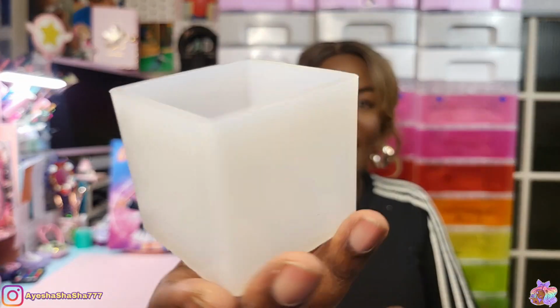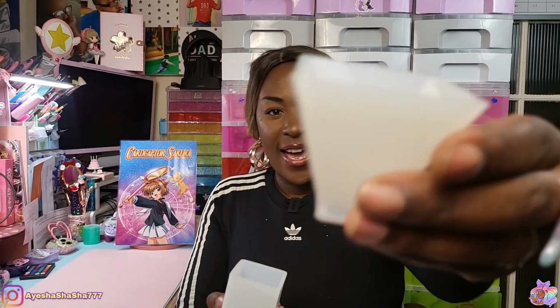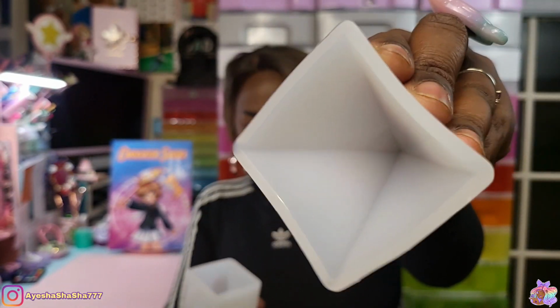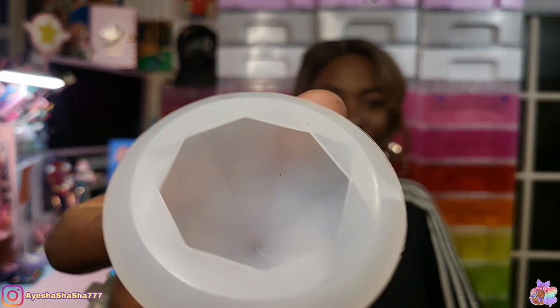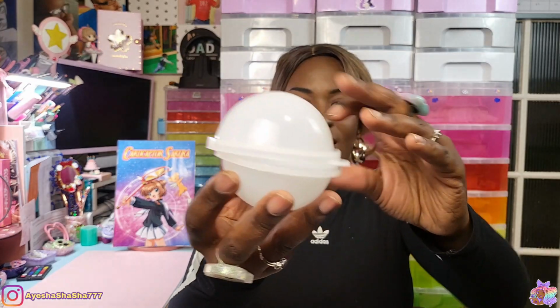So we have a cube mold here, and we also have a pyramid mold. These molds are sturdy. Oh my god, they're really hard. I've actually already got this one. We have a beautiful diamond mold. Again, really nice and sturdy. And we have a giant sphere mold. I don't have one like this. So you could use this to make like